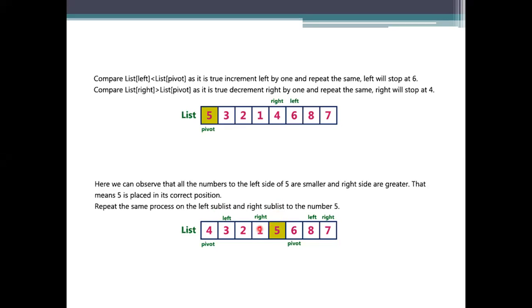This is the first partition and this is the second partition. From this partition, we need to start the conquering, that is, we need to start the sorting by using the quicksort methodology only. In this also, we take the pivot element as the first one. So in the sublist, what is the first one? It is 4. Since 4 is the first value, it will be considered as a pivot, and here 6 will be considered as a pivot element.